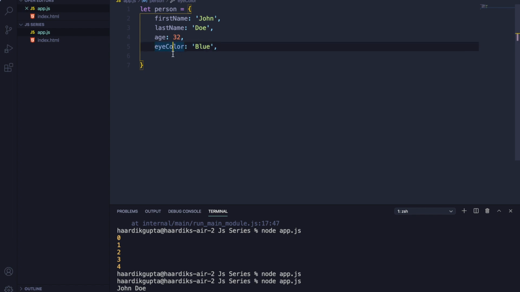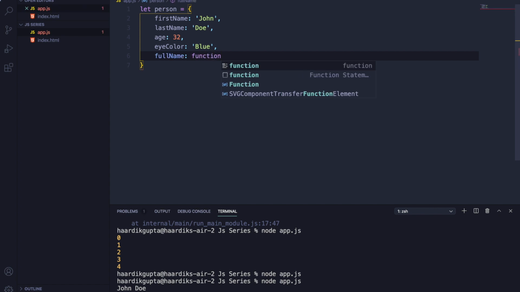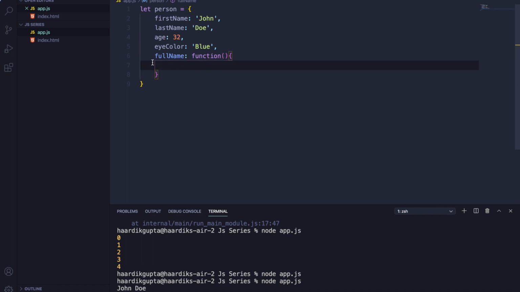So let's work on our function. Let's call it fullName, something that adds these two values and creates a full name. So we have fullName here, and we'll set it equal to a function, and we're not going to give this function a name. And inside the function, when you're accessing these values from inside the object, you have to write the keyword this before writing anything else. So it'd be this.firstName plus